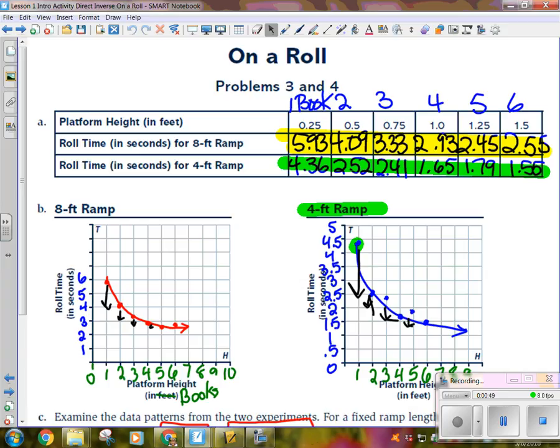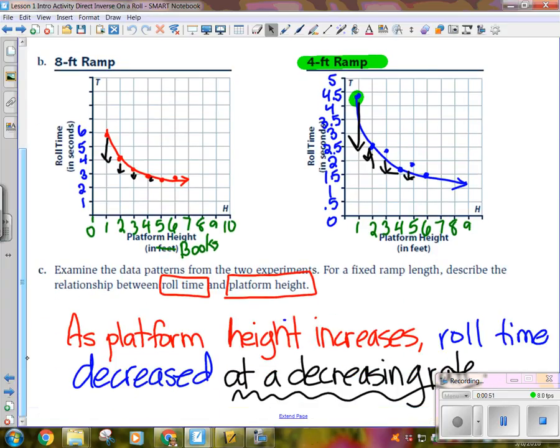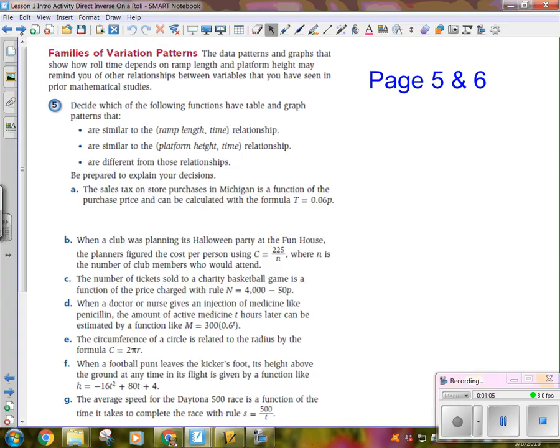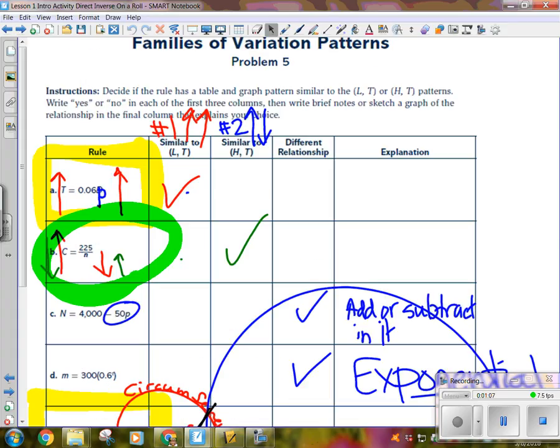Okay? And so we described that as the platform height increased, the roll time decreased because it went faster, because you're going up higher and gravity pulls it down faster. But at a decreasing rate is how we described that. Then we did an activity where we just circled and put check marks. Y'all remember the check marks? Yeah. Right before we left class, because we had no homework,